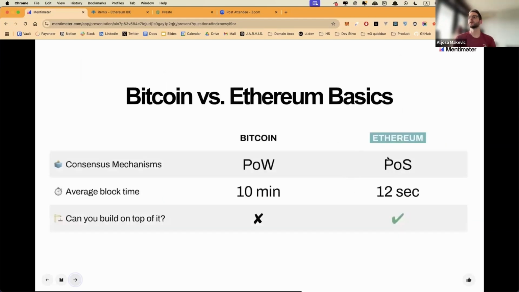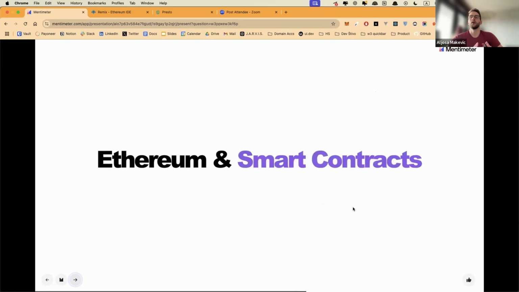So as you can see, Ethereum is exponentially faster than the Bitcoin network. It adds a block to the chain in 12 seconds on average, and Bitcoin does that in 10 minutes. But the major thing is that it allows you to build on top of it. And what I mean by that is Ethereum has smart contracts. On any blockchain, you can upload any data to be in the block you're saving.